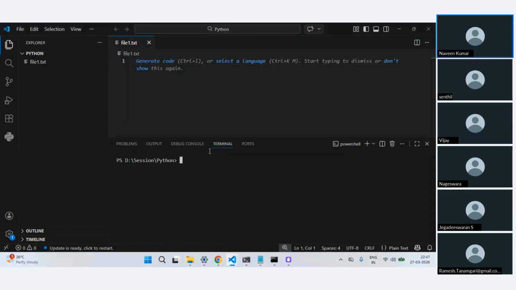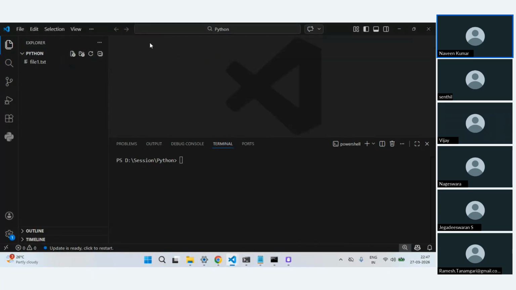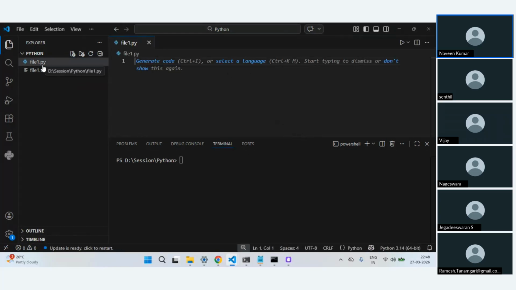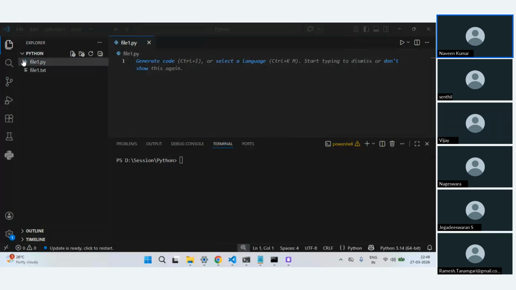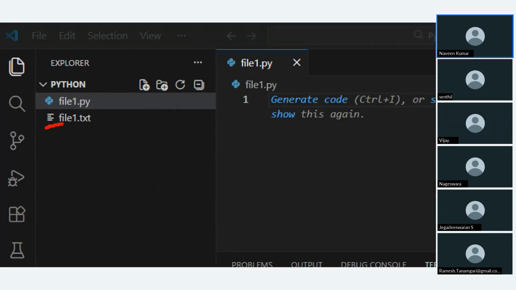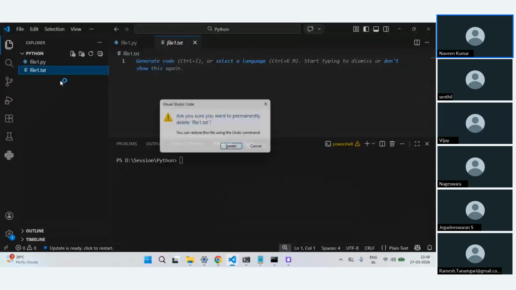Okay, let's go here. Here I have named it as a text file, but what I want to do is create something with .py, which is the extension I mentioned. So I'll just say file1.py. Now if you see, for a normal text file, this is the color. Since we have that extension installed, you see this Python icon here. It recognized the .py extension, and that's why it is showing like this. What I will do is delete this. I don't need it.